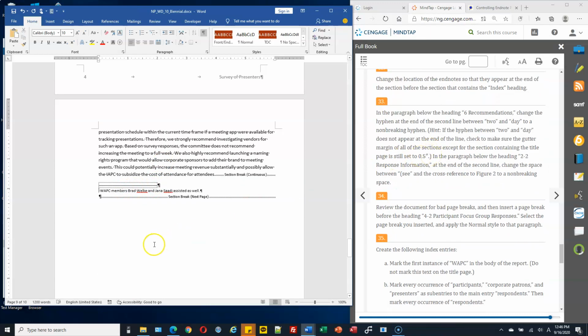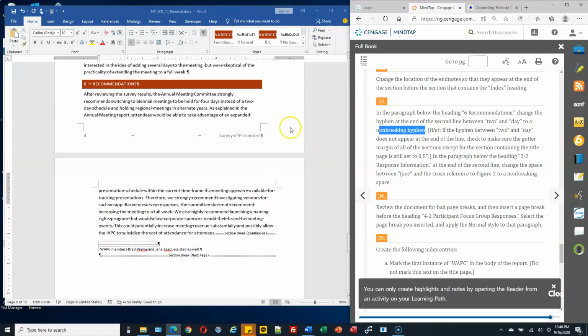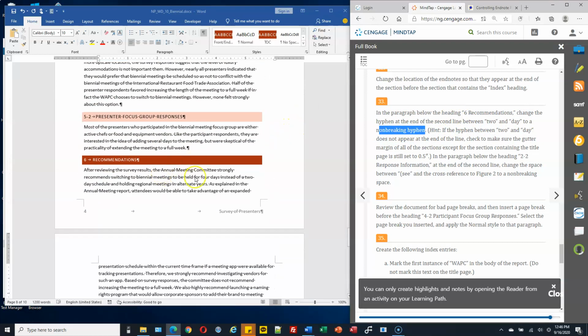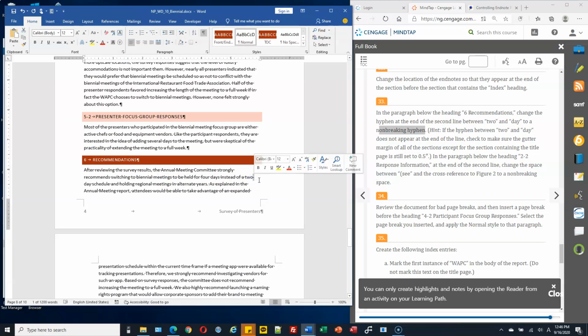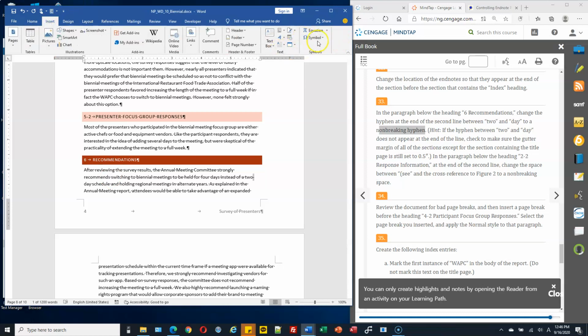Okay, and number 33. This is related to non-breaking hyphen. So go to 6 recommendation. Okay, here it is, 2-day schedule. Actually we want the two words, 2 and day, to be placed on the same line. So select this hyphen between the words 2 and day, and we want to insert a symbol. So insert tab, symbol arrow,